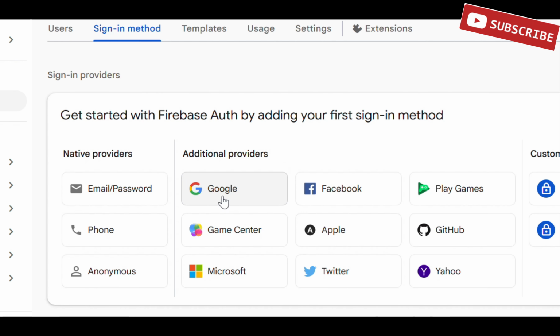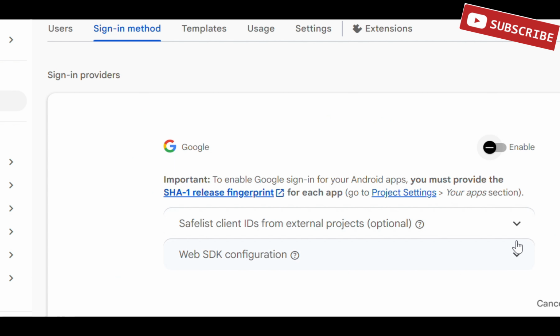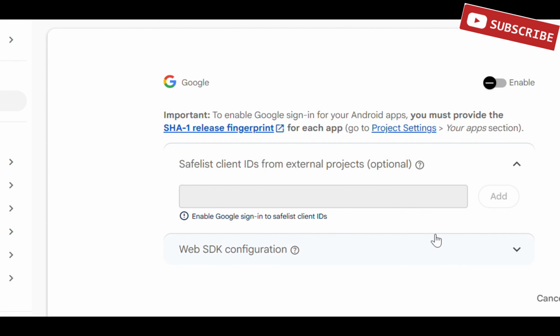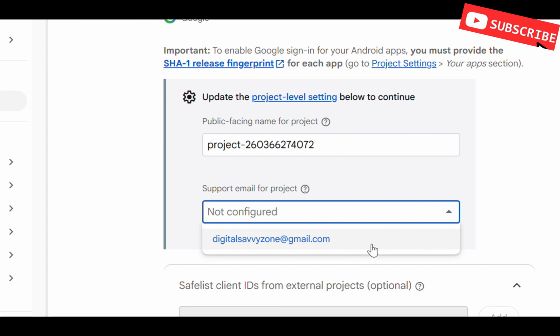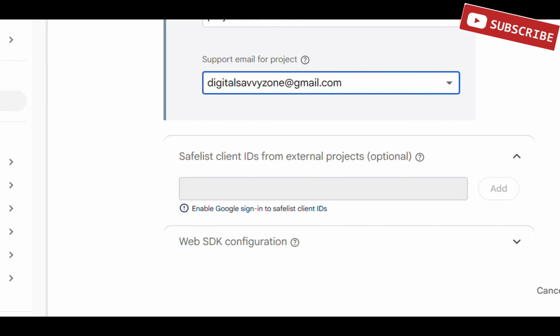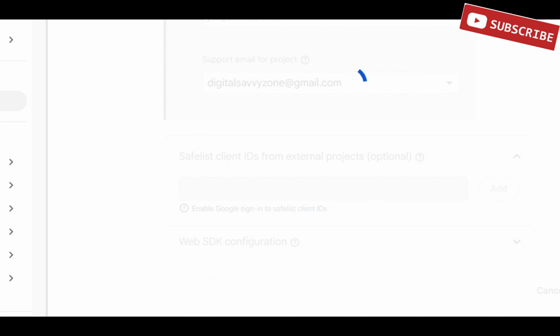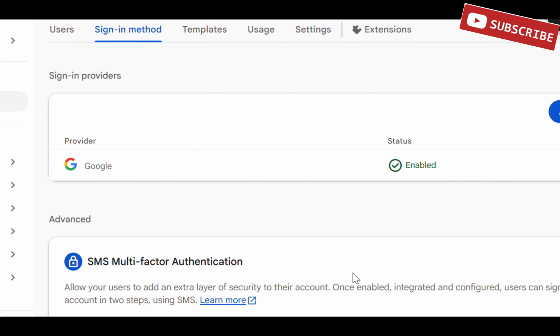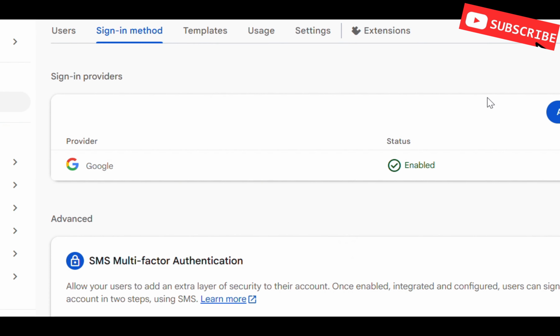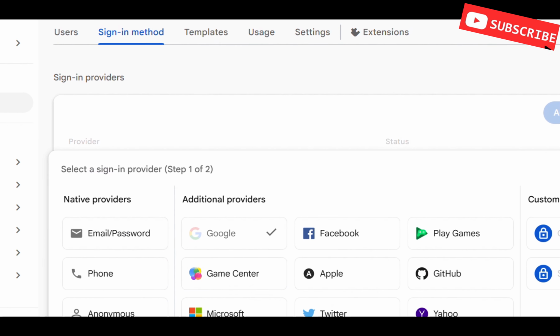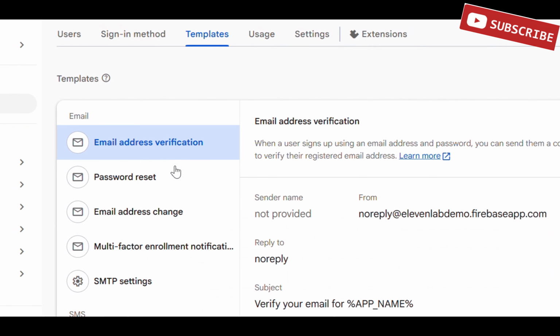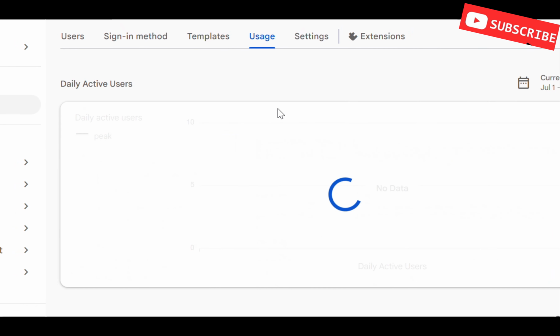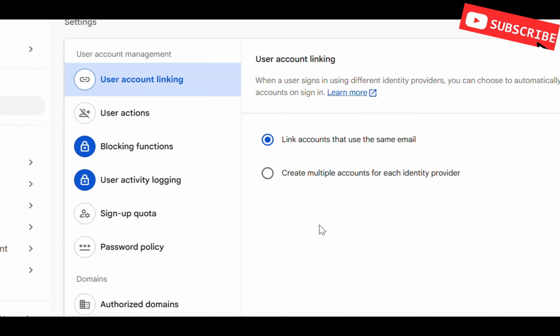Once the project is ready, we'll enable the authentication providers that our application supports, such as Google Sign-in and email/password authentication. After that, we'll copy the Firebase configuration values, including the API key, project ID, authentication domain, storage bucket, and app ID. These values will then be added to our environment variables so that the React application can communicate with